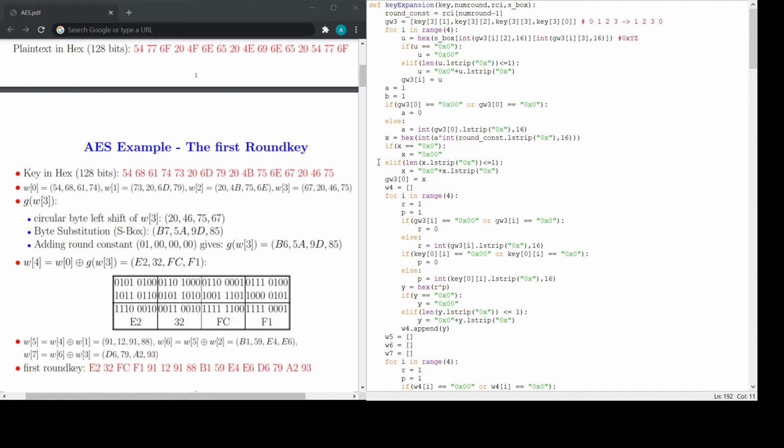The next step is byte substitution. Basically, in this step, we look at the current value and find the corresponding byte to substitute in the S-box. Since the hex ASCII is of 8 bits, the most significant 4 bits denote the row and the remaining 4 bits denote the column in the S-box.